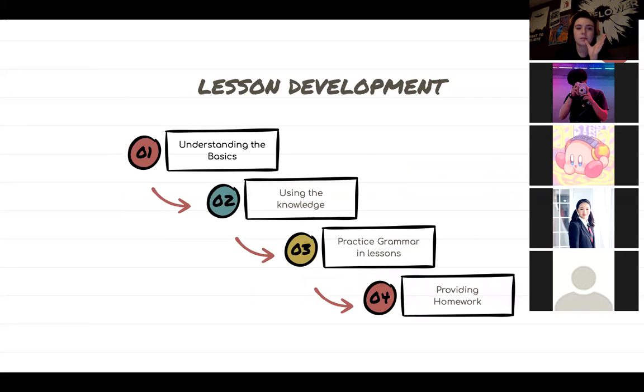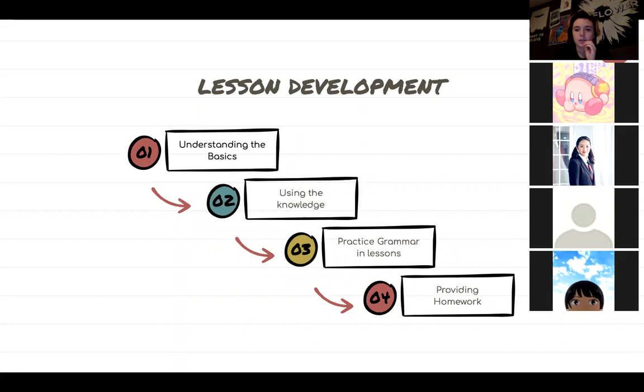Lesson development, it's the same: understanding the basics, using the knowledge, practice grammar and lessons or activities, and then providing homework. So it's just understanding the basics, so more teaching, using the knowledge, kind of low risk practices for the student, practice grammar and lessons, so more melding of higher risk activities and worksheets that's more challenging alongside you still teaching them, and then providing homework at the end